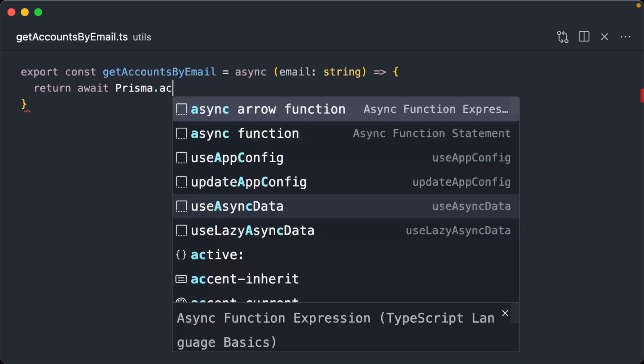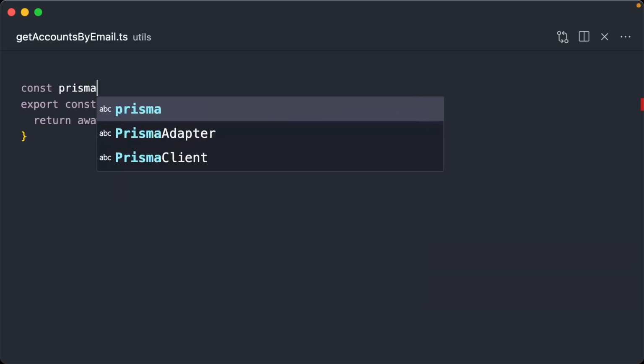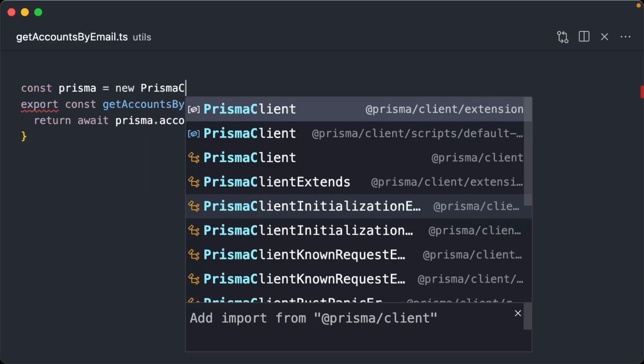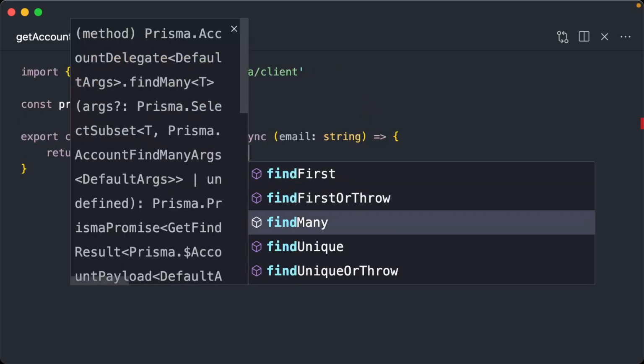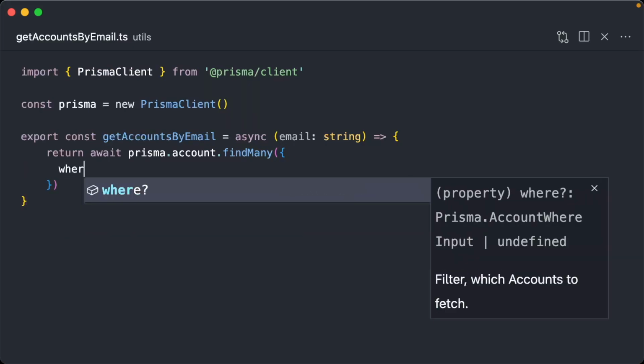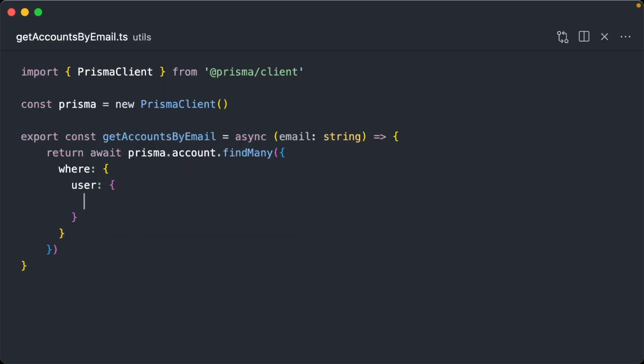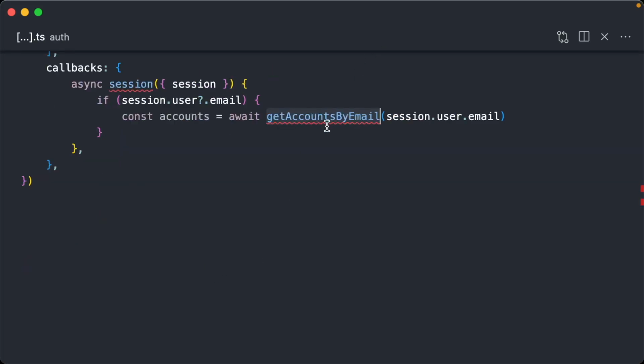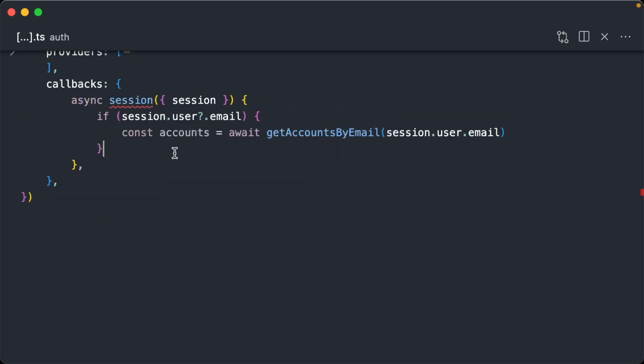Return await prisma.account. We need const prisma equals new PrismaClient, and go back here, findMany where user has email. This is probably a query you might use often. So we're going to use that. Pull it out, and now we want to import it. And now we have accounts. And with it, we can do a return